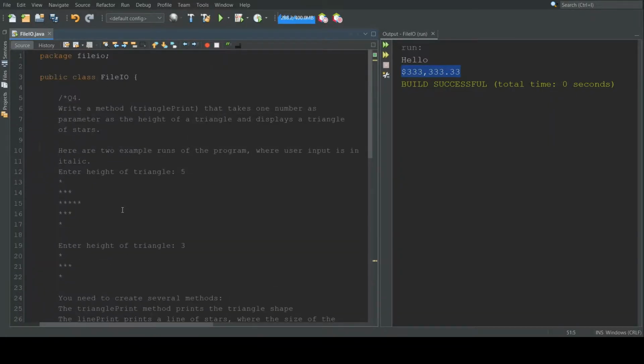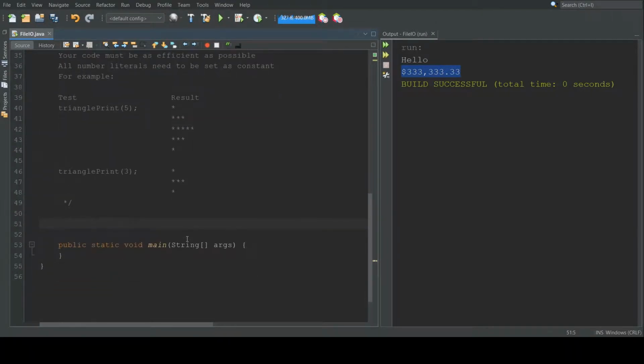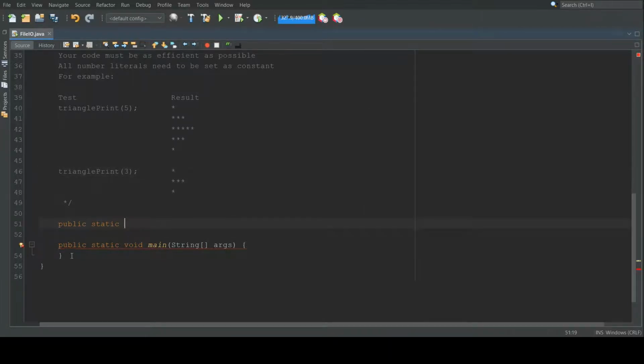Again, it doesn't mention anything about returning. So if you read here, it doesn't mention any word return. So I would keep it void. But before that, you need to write 2 words, which is public and then static. Okay, so I've written public static. Now, sorry, this is from the previous one. I can clear it. Okay, public static, and here void, because the question doesn't mention anything about return, and you